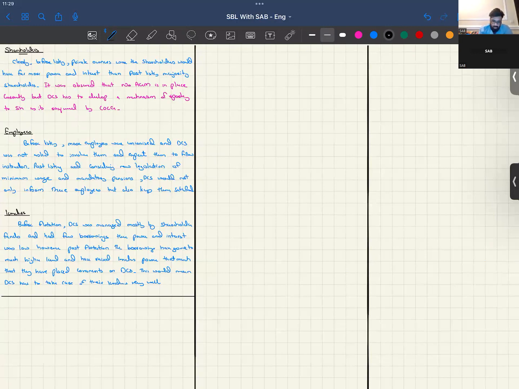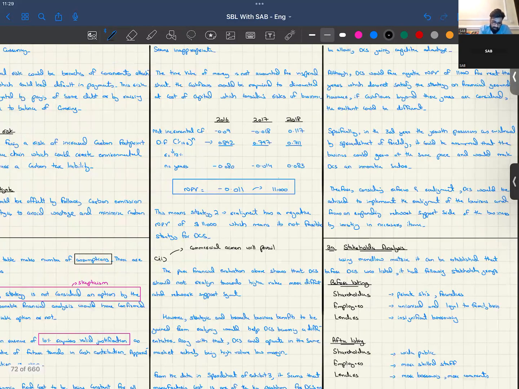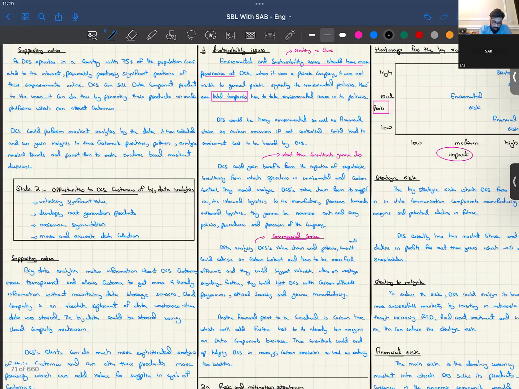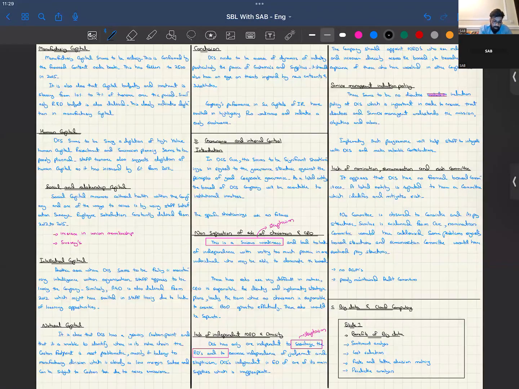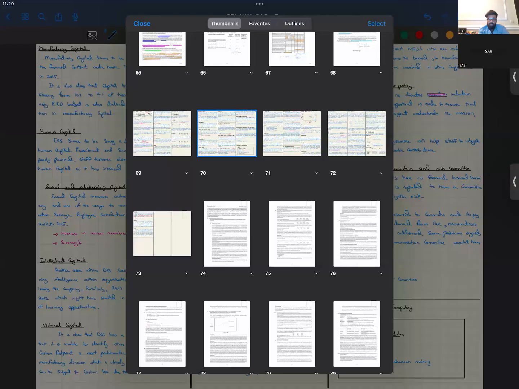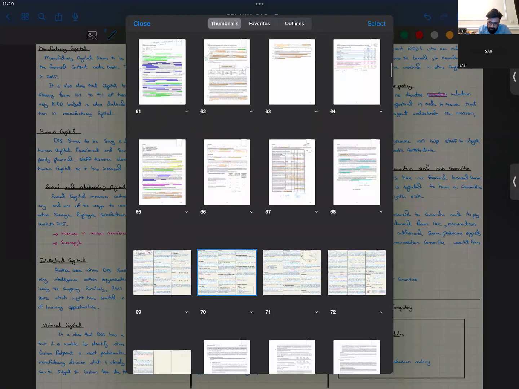So, last part, but not the least. If you are attempting an SBL exam fully, it would take around 3 to 4 sessions to teach the topics, and it would also require so many pages. You can just see the pages and my beautiful handwriting that has been established here.